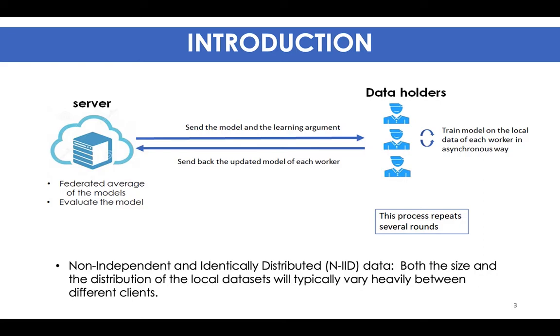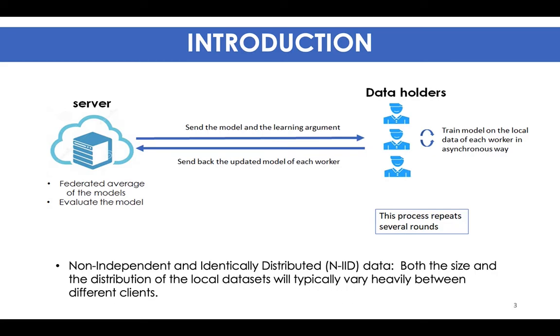Federated learning is a decentralized machine learning approach that aims to secure the data of users and also decrease the bandwidth of the training. How does it work? We have a server that works like an orchestra and sends a model to the data holders, which can be each device or a whole organization. Each data worker, who has her own local data, trains the model locally on her data in a synchronous way. After they finish the training, they send back the updated model to the server.